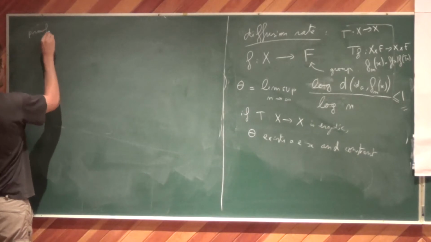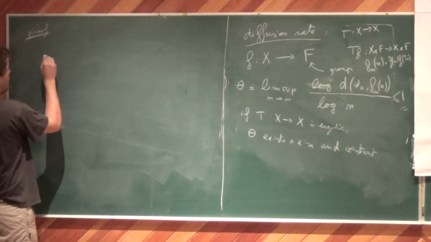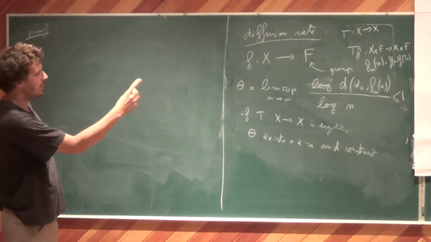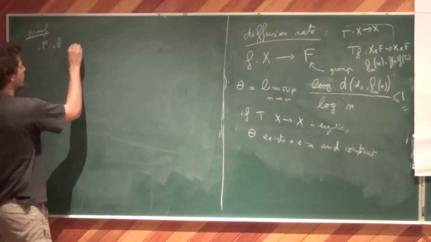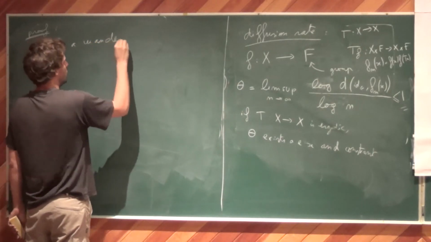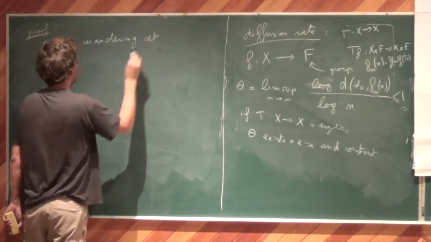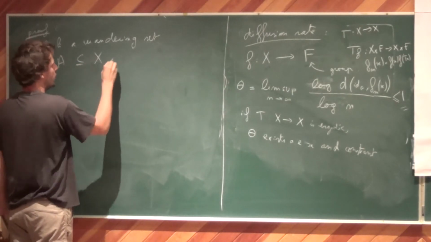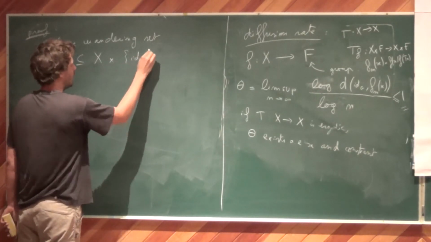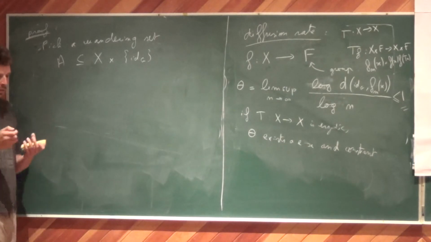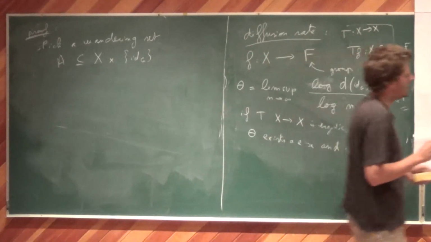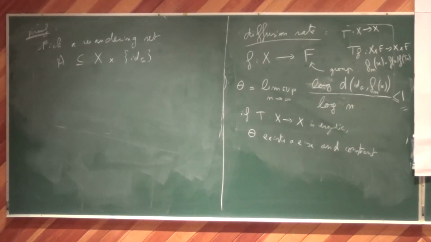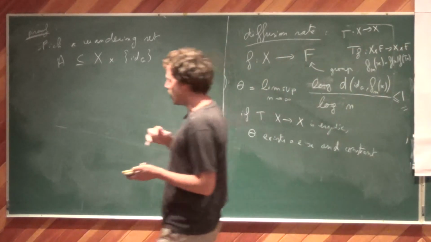So, the proof. I won't do the whole proof, but the way it goes: if it is not recurrent, people wonder what we do. We pick a wandering set A, and we can always assume that it is contained in the fiber at the identity. A wandering set, I recall, is a set for which, and there is one important thing here, invertible,